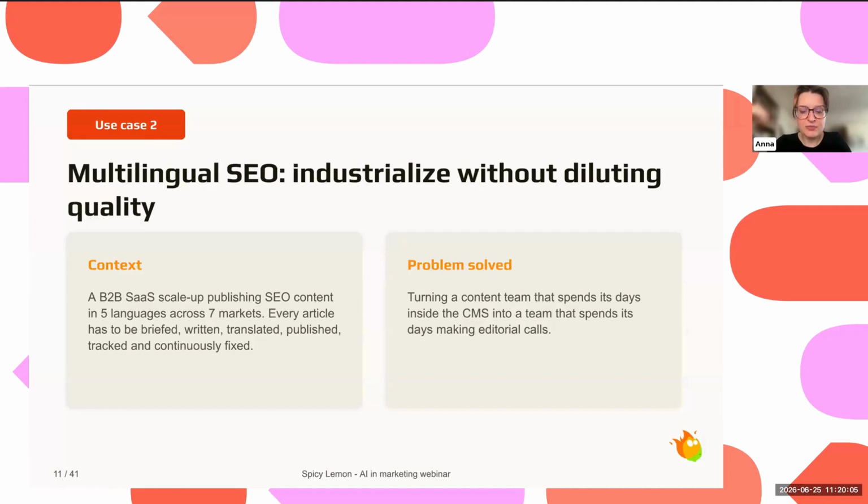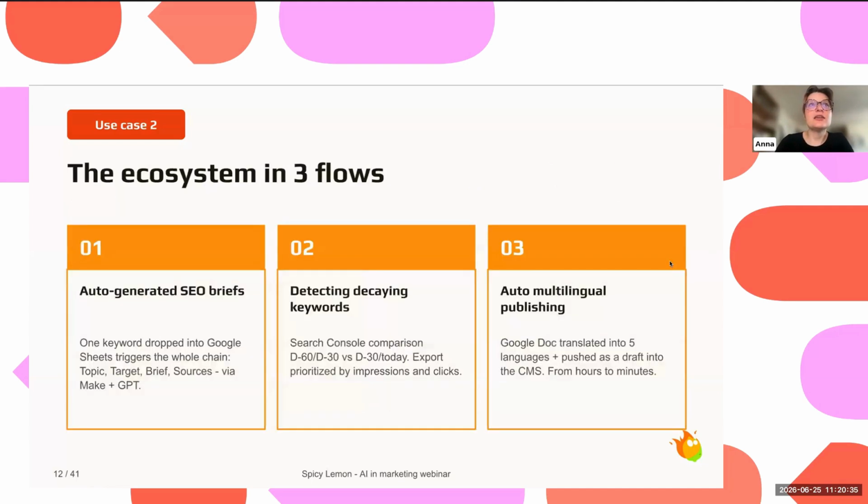So we wanted to see if there were any keywords in SEO that were dropping, and if a keyword was dropping, we wanted to see if it was an important keyword for the business or not, because sometimes you have keywords dropping, but it's actually not core for the business. And so you had to kind of link it to the keywords that were very core to this specific B2B business. And if they were, we're creating briefs to optimize the initial article to make it much better. And actually made the team gain lots of time.